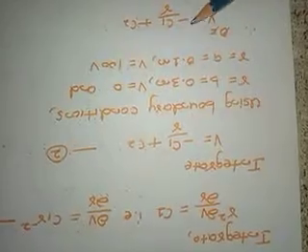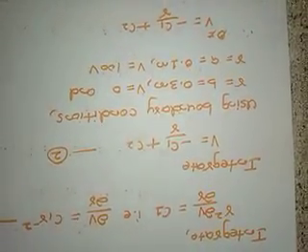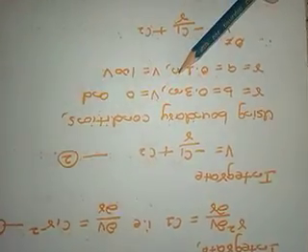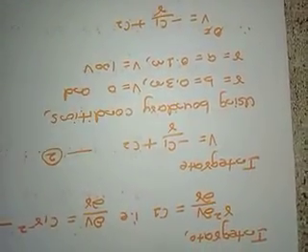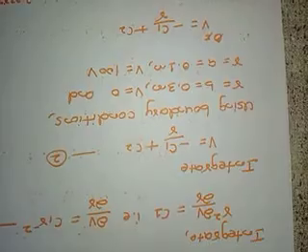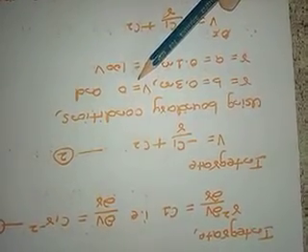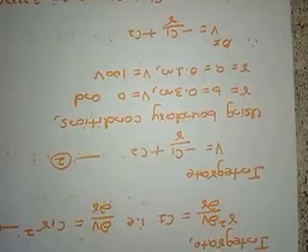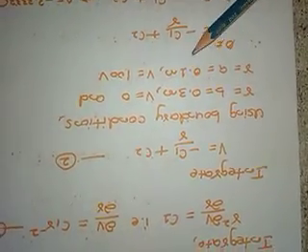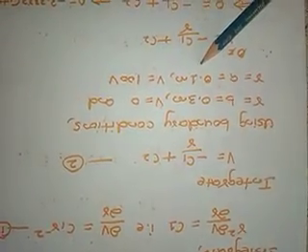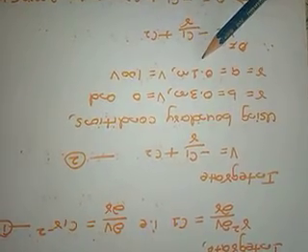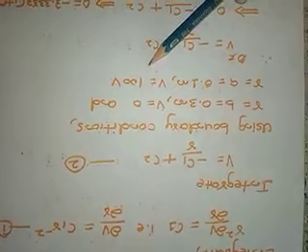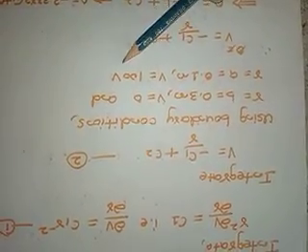Second step. R equal to b, how much they have given? 30 cm. B is 30 cm, which is 0.3 meters. And at r equal to b, the voltage is 0. They have given V equal to 0. And at r equal to a, how much a they have given? 10 cm. A is 10 cm in the given problem. 10 cm is 0.1 meter, because 100 cm equal to 1 meter. Therefore 10 cm equal to 10 by 100, that will be equal to 0.1 meter. V at the point r equal to a is 100 volts.